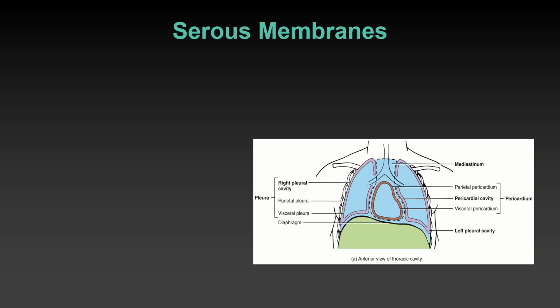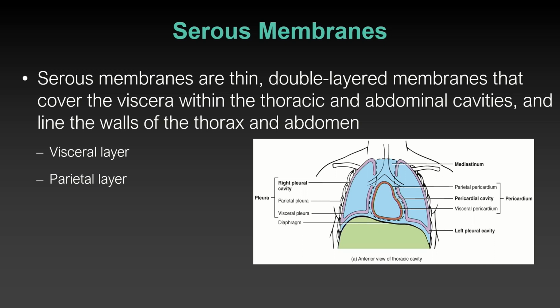And these membranes are called serous membranes. These are generally very thin but very hard, very durable layers of tissue. If you've ever had ribs, for instance,